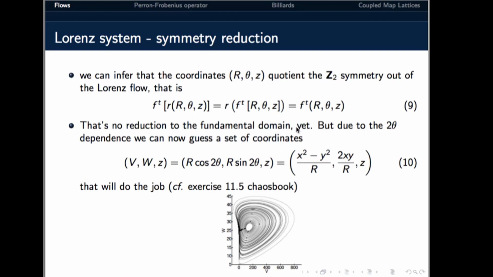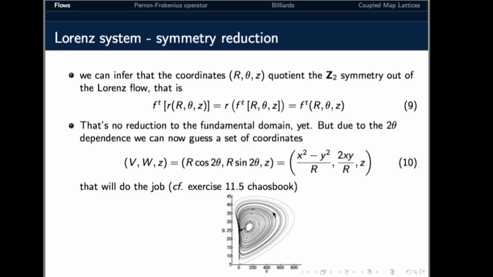Okay, so for that, we can guess a set of coordinates that replace theta with 2 theta instead. So r cosine of 2 theta, r sine of 2 theta, and z. And this is how you write these coordinates in Cartesian coordinates, right? And then there's an exercise on the chaos book, 11.5 I think, where you can plot this as seen from above, so only the projection to the v and w coordinates, the transformed coordinates of x and z,